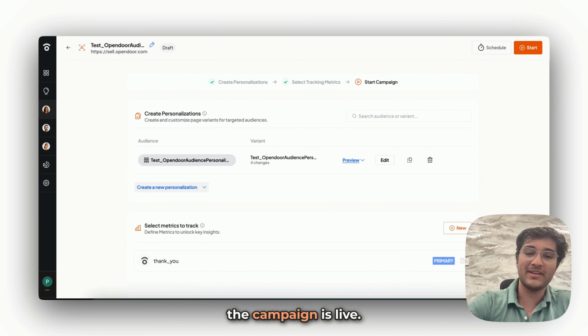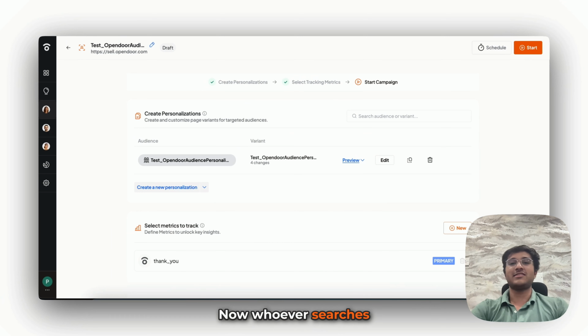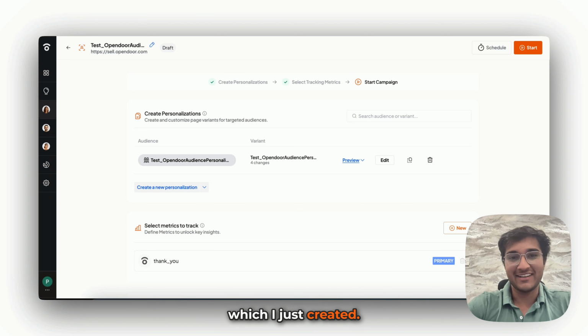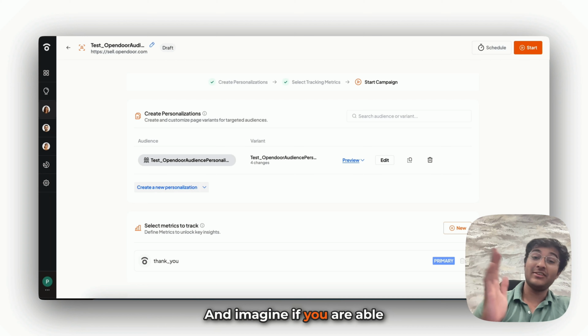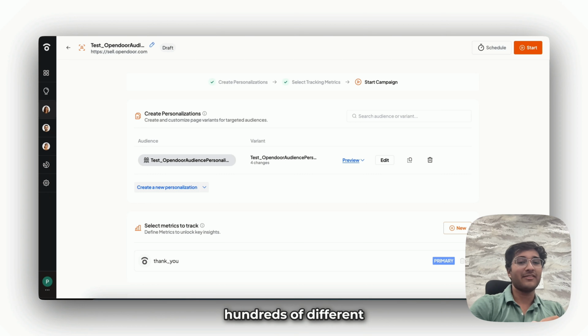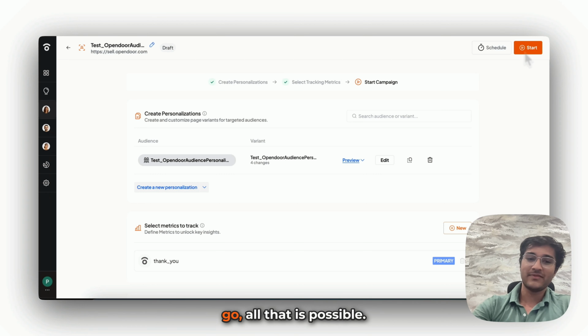Once you start, the campaign is live. Now whoever searches Open Door from New York will be seeing the variation which I just created. And imagine if you are able to do this at scale for hundreds of cities, hundreds of different states or countries in one. All that is